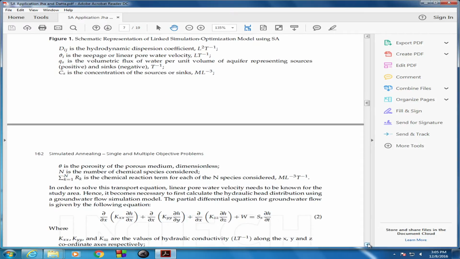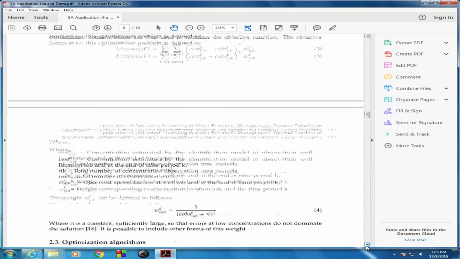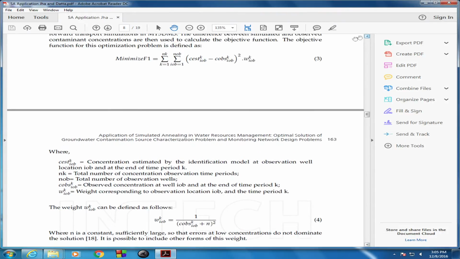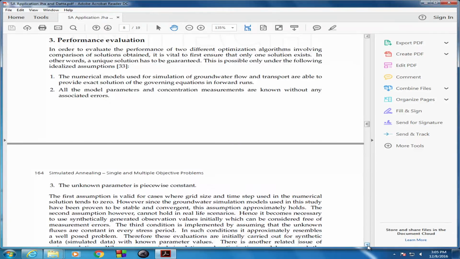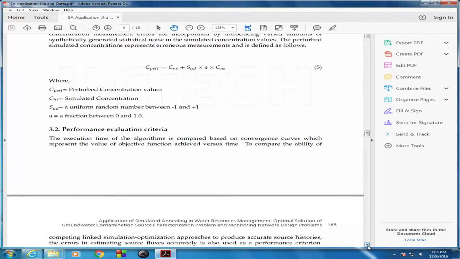But here, of course, as you can see, this is the flow equation, and I have already shown the transport equation, and the objective function is very similar. As I said, this is the objective function. The weight, as I said, is normalized, which sometimes makes it more efficient, not always. We had some studies; generally it is more efficient to use that. And also, the interesting part is,